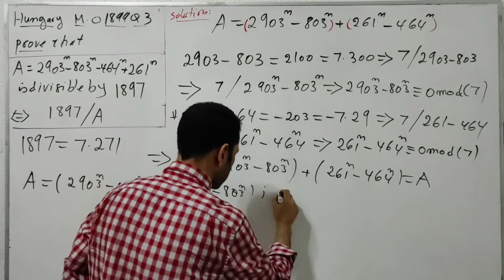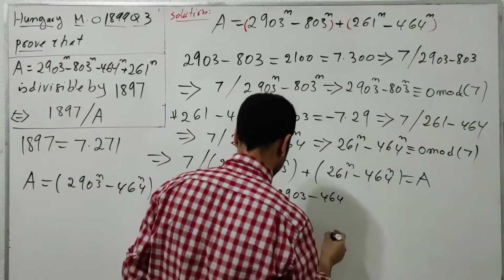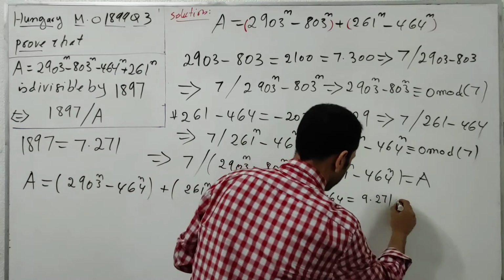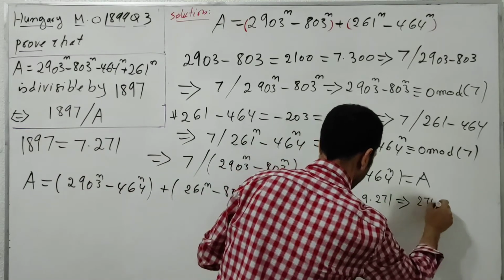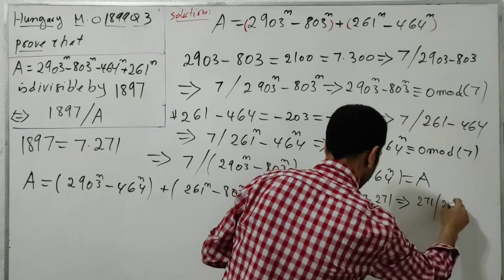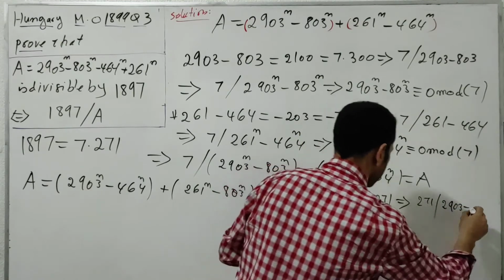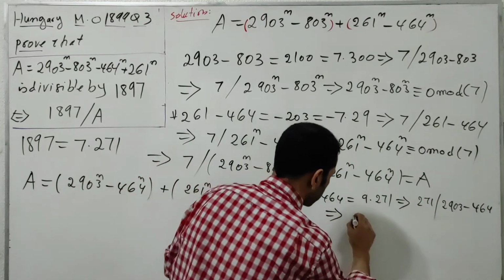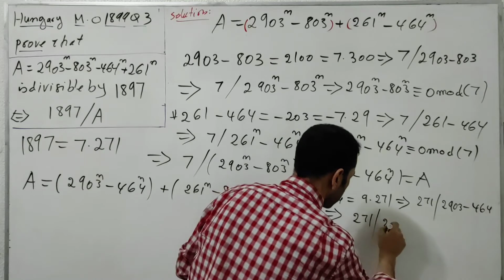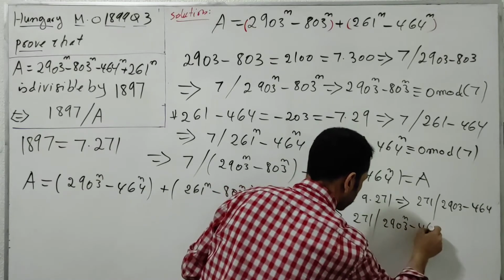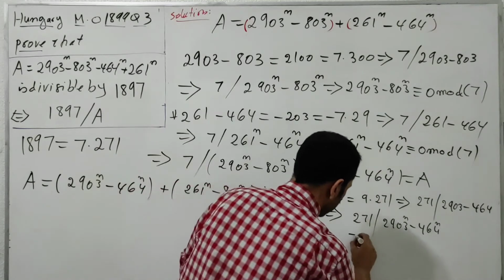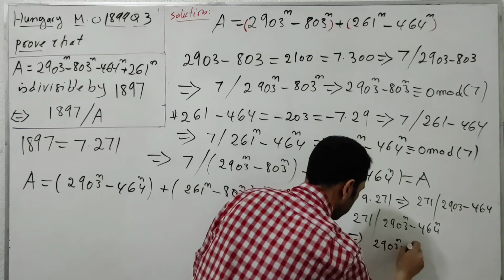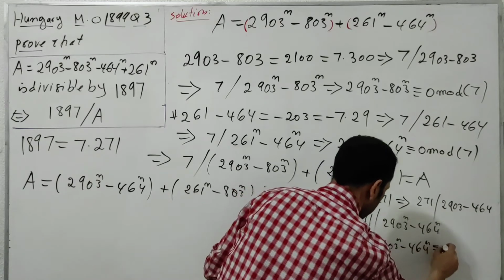We have 2903 minus 464 equals 9 multiplied by 271. This implies 271 divides 2903 minus 464. This is telling us 271 divides 2903 to the n minus 464 to the n, which implies this difference is congruent to 0 mod